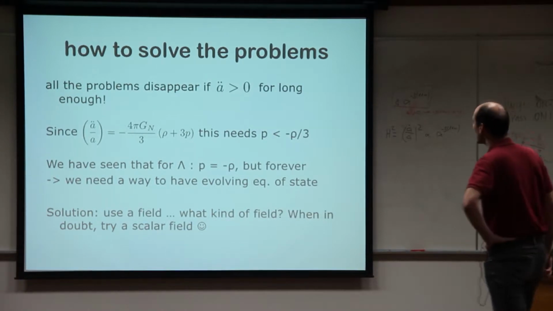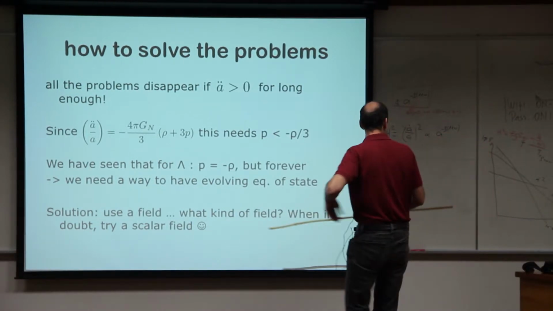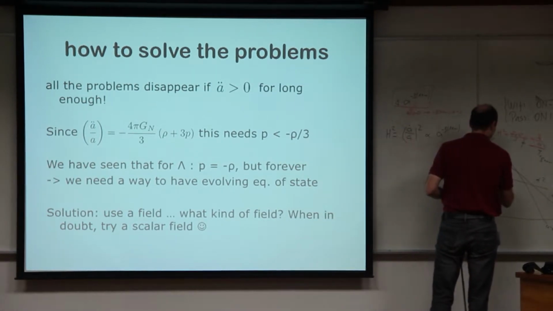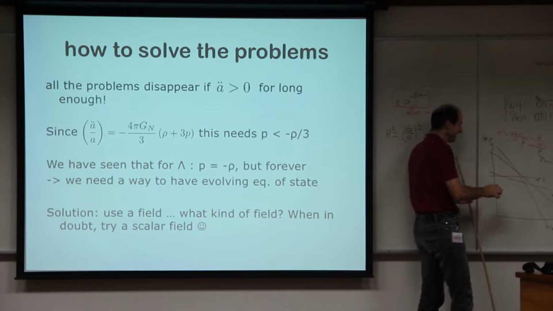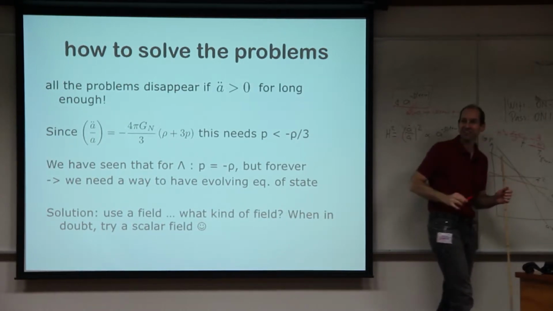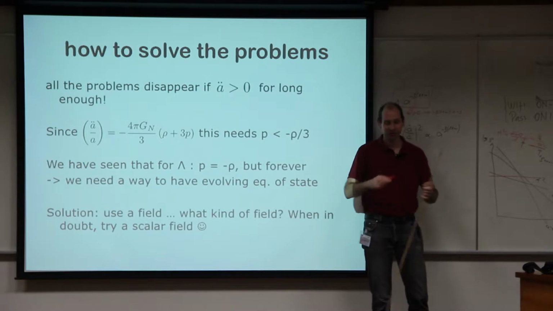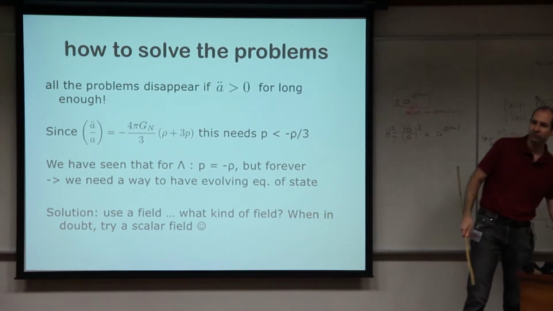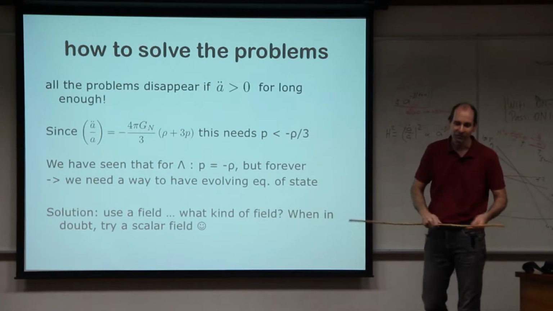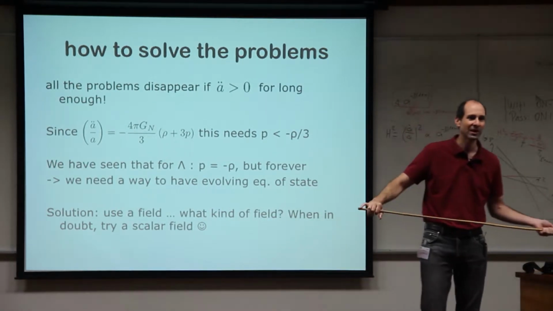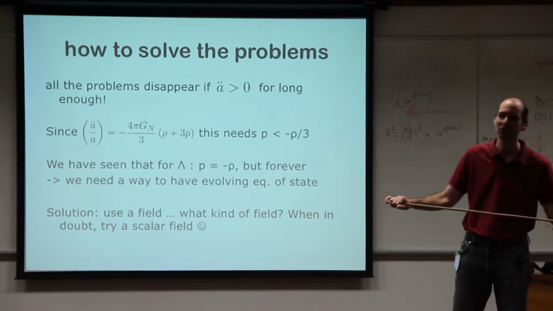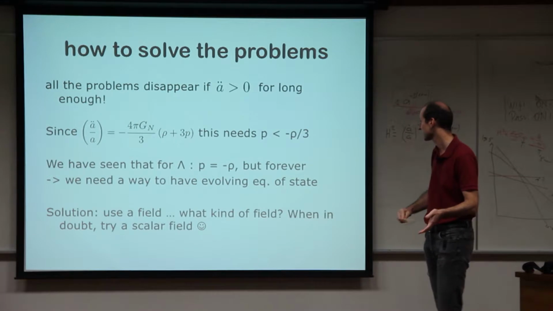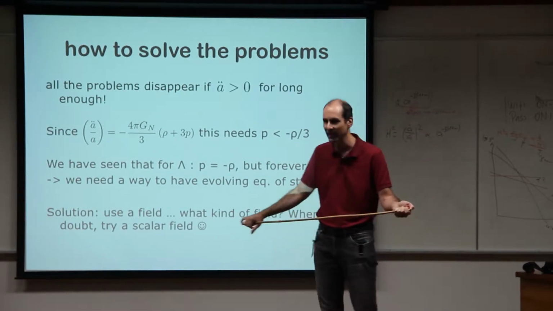But there is a problem, of course, that's if we have a cosmological constant which is constant, and if it is sufficiently large, then it will become larger and larger relative to everything else, because as the universe expands, everything else is diluted away. And so you will never stop inflation, well, let's call this inflation. So you will never stop this accelerated expansion, and you definitely don't end up with the universe that we observe today. And so we cannot use the cosmological constant. And so we need to use something else.